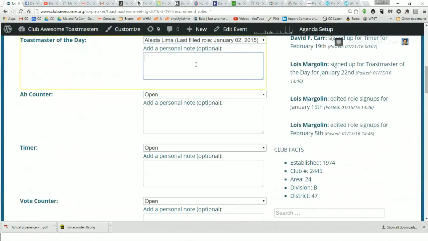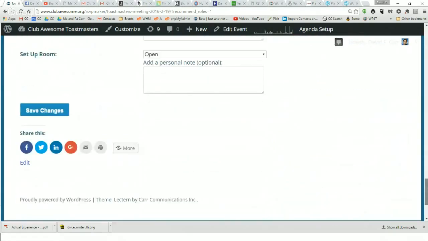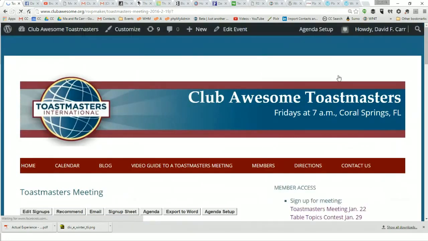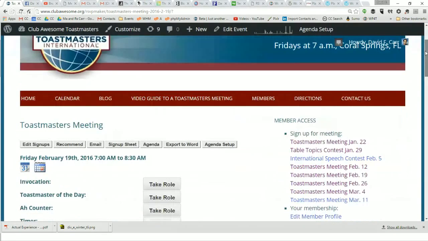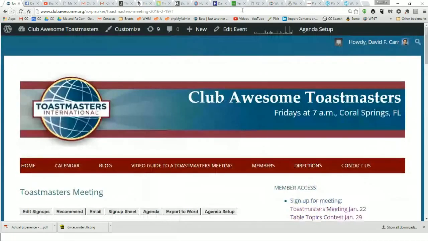So, you haven't done this in a year. And I'm going to go ahead and send that out to her because I know her well enough that she's not going to be insulted to get that. And she will actually get an invitation to fill that role.